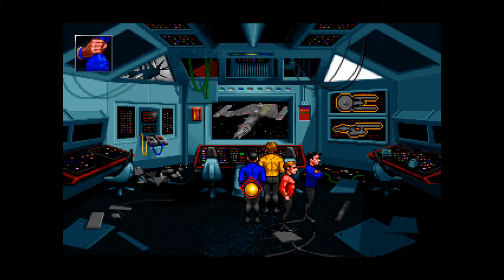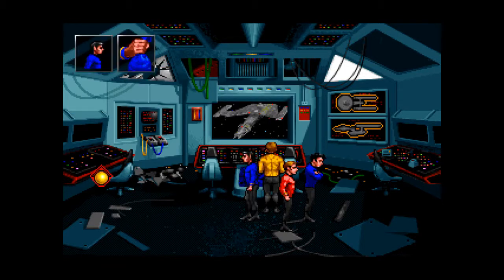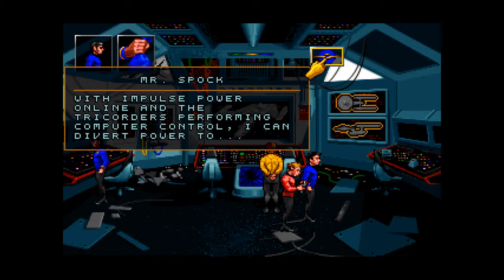Kirk out. Now, there is another glitch that if we lower the shields, they could beam over instantly and kill us all. So I'm hoping that doesn't glitch too, so I can divert power to...